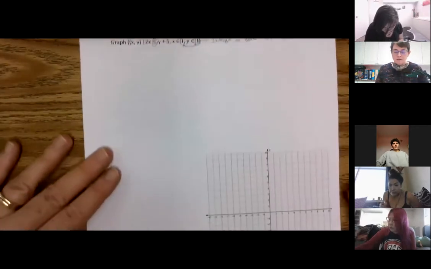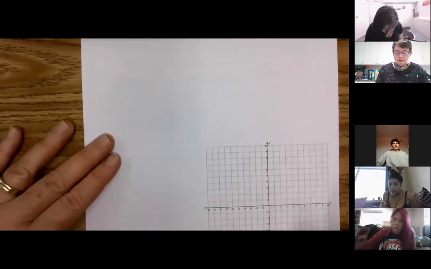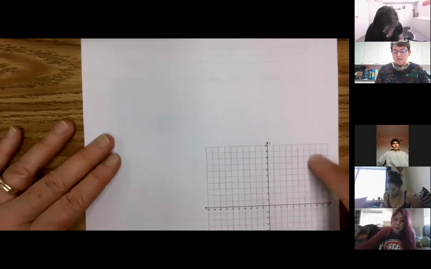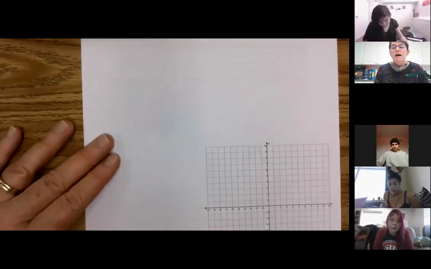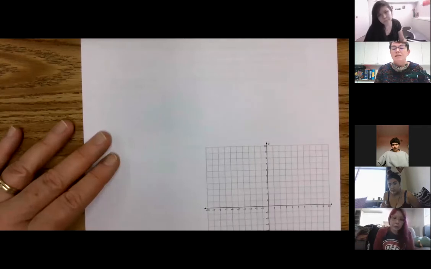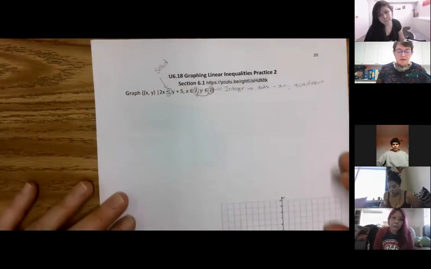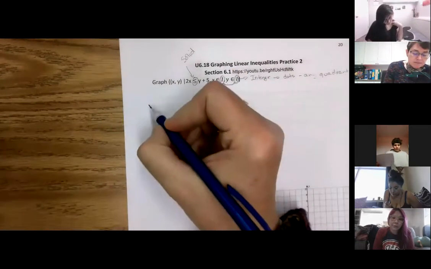Remember, your quadrants go 1, 2, 3, 4. If you have whole numbers, it's only in here. If you have natural numbers, it's only in there. But integers can be anywhere. Same thing with real numbers. So I don't need those right away, but it makes me happy. The next thing we're going to do